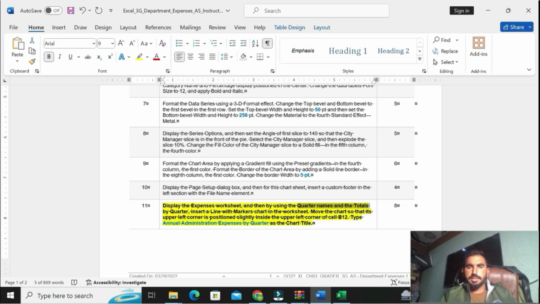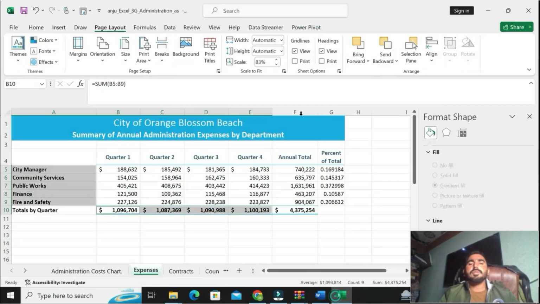Display the expense worksheet and then we are going to draw the line with marker chart after selecting the ranges. Now we are going to move to the Home tab.